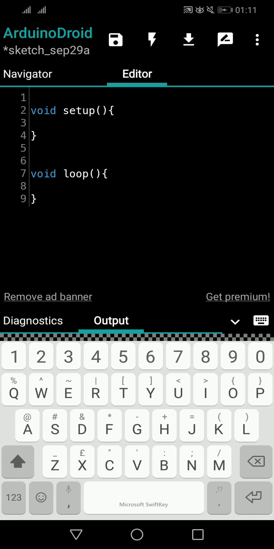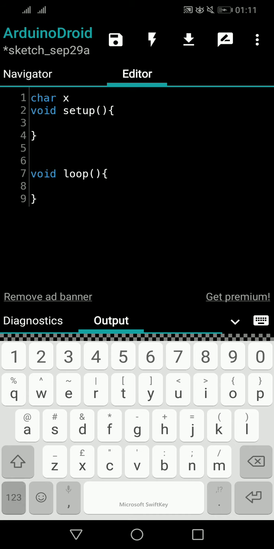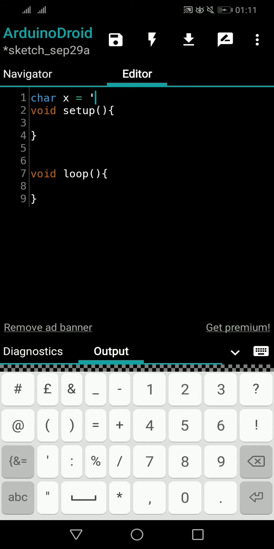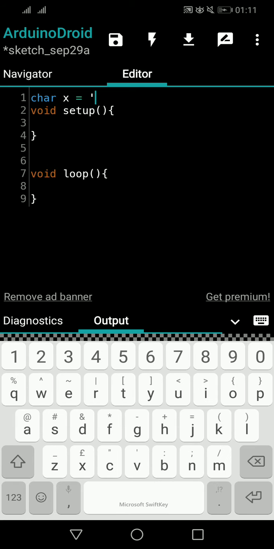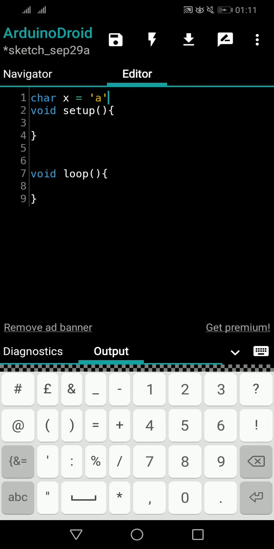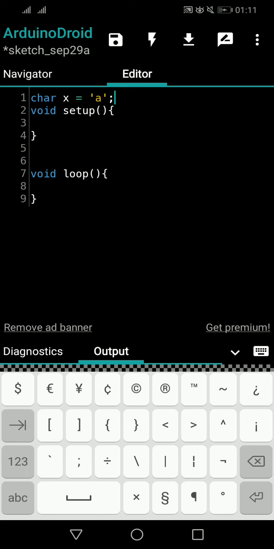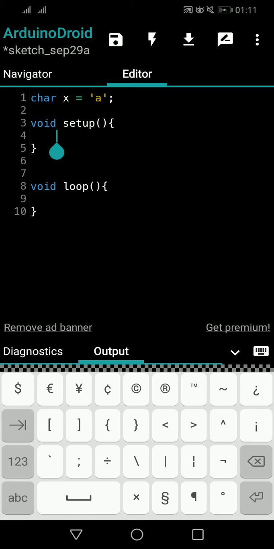Since we are done with integer type variables, today we will give a try to character type variables. So what we can do is write char, and let's say x is equal to, and we mention a character. Normally we mention a character within a single quote, let's say 'a'. And we end with a semicolon, as I explained earlier. That means we have a variable of character type. So char is the data type, like int. For numbers we have int, and for single letters, or even number characters, we use char.